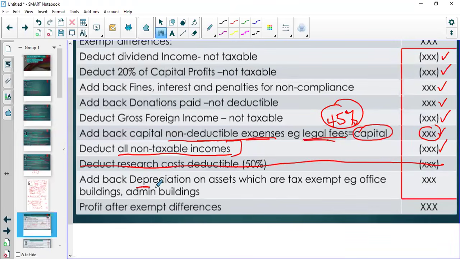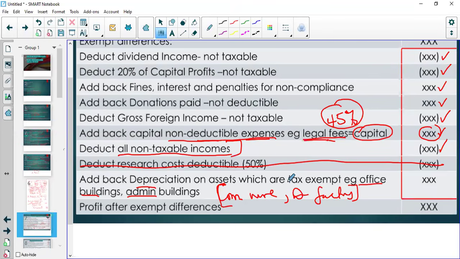And depreciation on assets for which we can't claim capital allowances, where capital allowances are not allowed. And then we have depreciation on those assets, like your office buildings, your administration buildings. I'm generalizing to say, if you see a commercial building, like a warehouse, a manufacturing building, a factory, those are going to be tax deductible. But if you see something like an office building, an administration building in general, that would make you expect